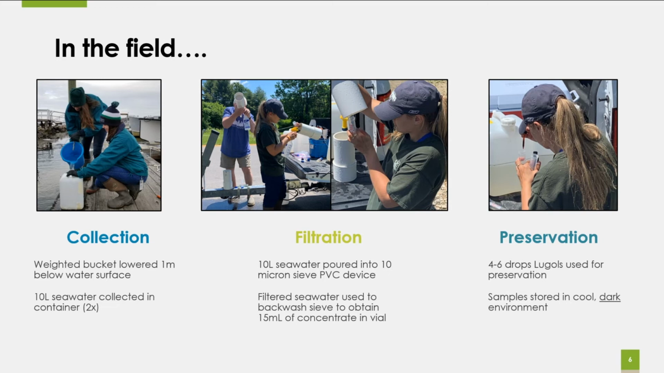stay on that mesh. As the filtered water is coming through the mesh, I'll collect that into a spray bottle and use that spray bottle to backwash the sieve to obtain 15 mils of a concentrate. So I'll let all the seawater filter through, and then what will be left on that 10 micron mesh, or that sieve, is just these particles. And I want to get at least 15 mils of water with those. So I will backwash the sieve with that filtered water and collect 15 into the sample vial like